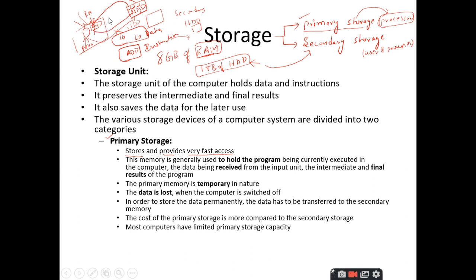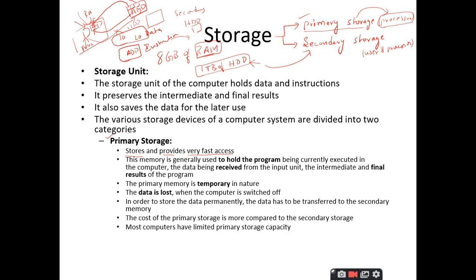So, the simple point you have to remember here is the processor cannot access or make any modifications to the hard disk. Whatever it wants to do, it is going to do it in the RAM only. For this purpose, you have to bring everything from the hard disk drive to the primary memory. Then only you can do the calculation. The processor can access it and it can do the calculations.